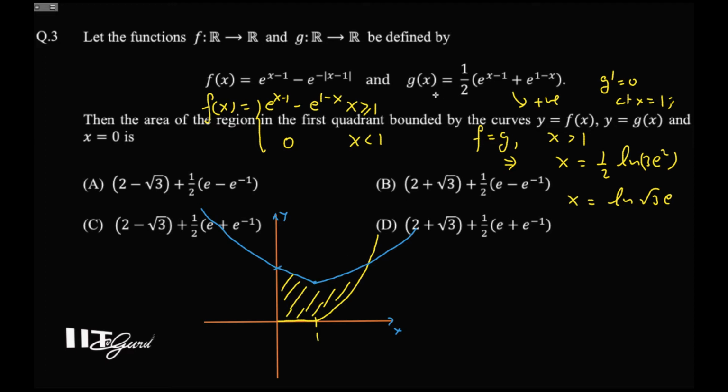So this is g(x), and this part is x equal to 1. So the required area A can be evaluated as the integral from 0 to 1 of half of e to the power x minus 1, plus e to the power 1 minus x,